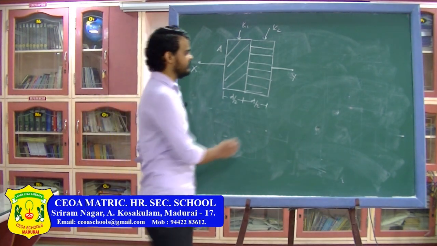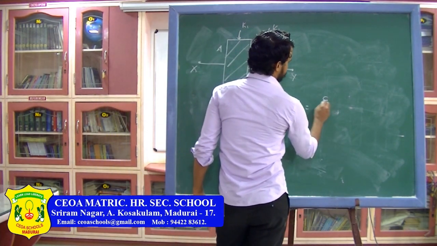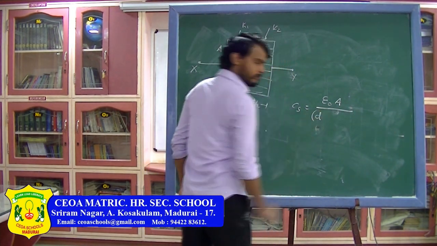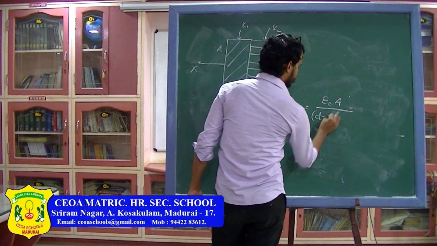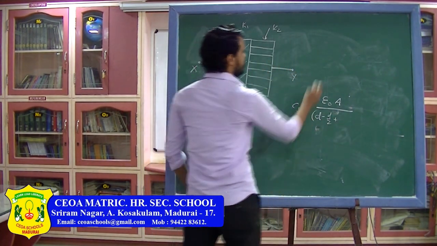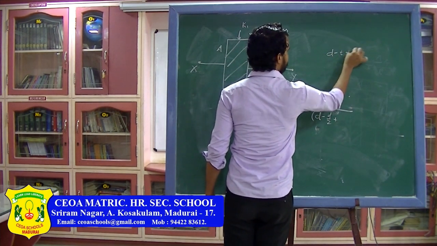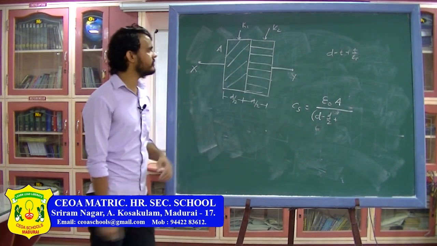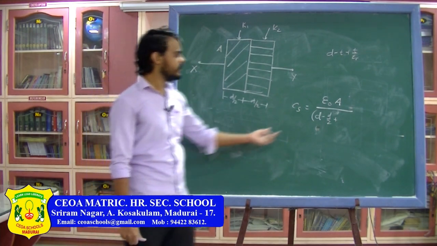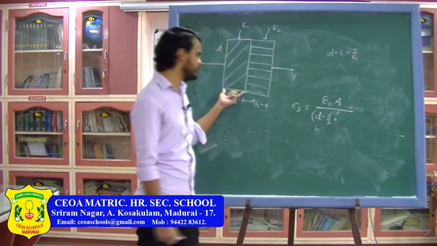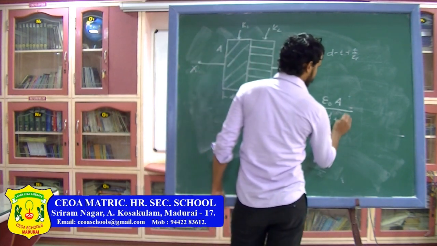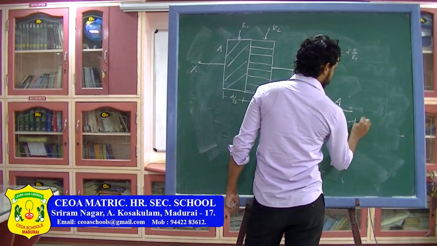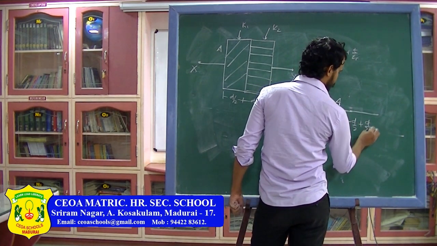Now the capacitance here I can write as Cs is equal to epsilon naught A divided by d minus the thickness of this one, which is d by 2, plus, as we have seen, the formula was d minus T plus T by epsilon r, where epsilon r is the relative permittivity. Sometimes they can give you relative permittivity or dielectric constant as K1, K2 also. So here I can write d minus d by 2, plus d by 2 into K1, minus d by 2 plus d by 2 K2.